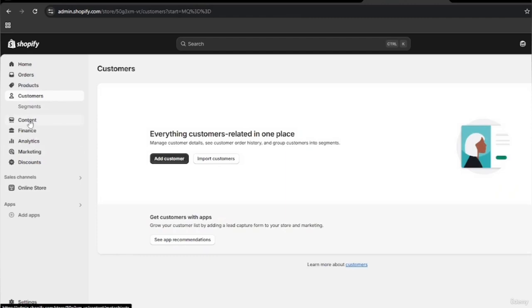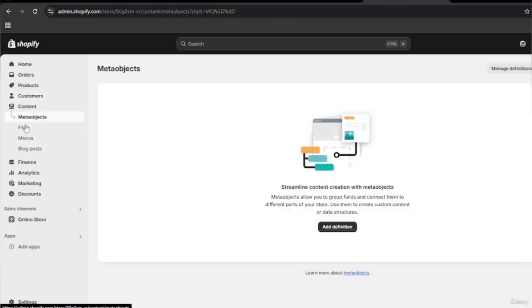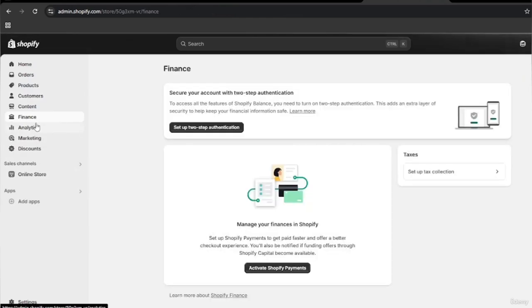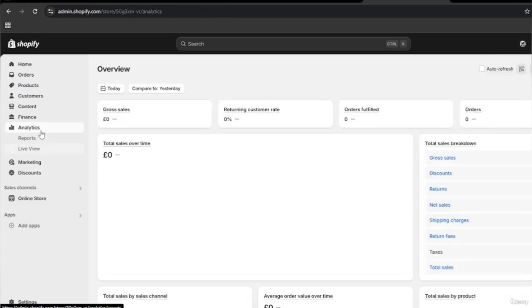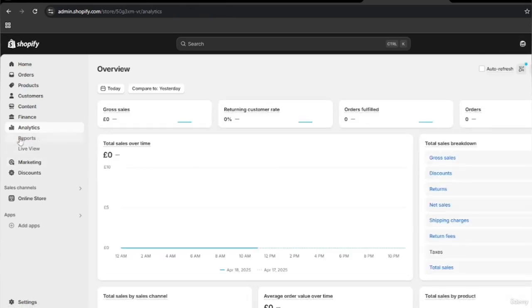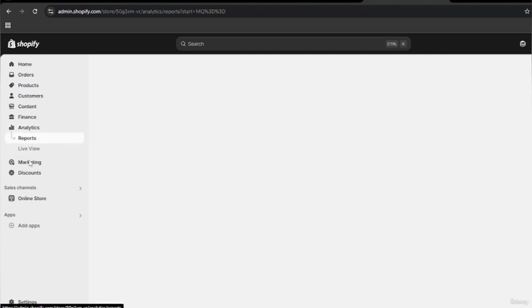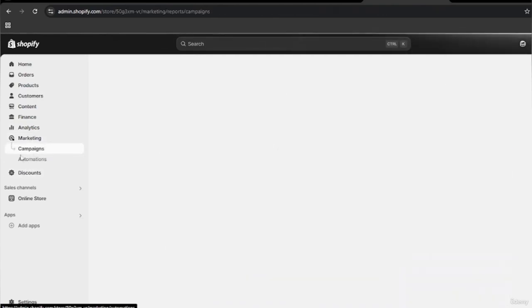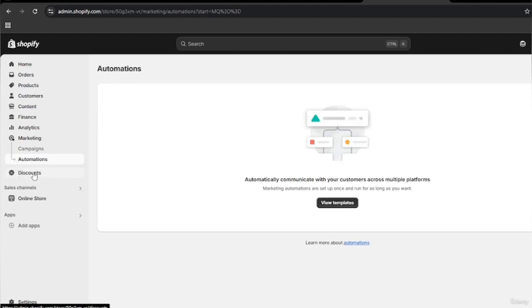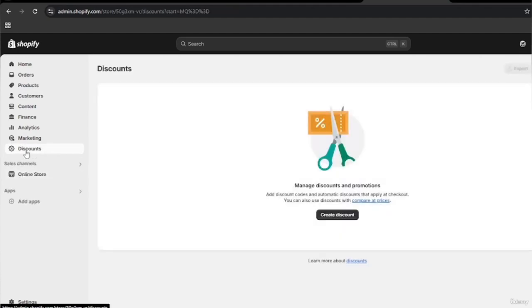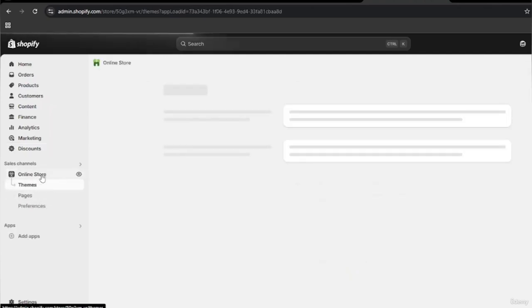And also you can see this feature which says content. You can see where it says blog posts, menus. You can see where it says finance, and analytics. And afterwards, you're going to see where it says reports. You're going to see where it says marketing, and campaigns, and also automations. And also you're going to see where it says discounts as well. And here you can see where it says online store. So I'm going to click on online store,